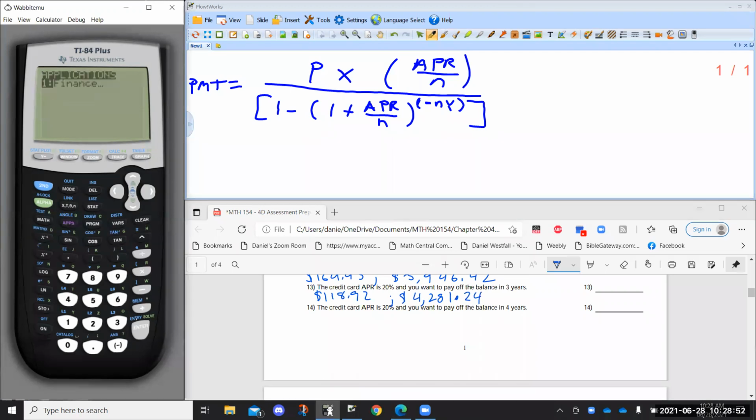Come back and do this again, and again have a 20% APR. We're going to have 4 years to pay off our debt this time. Alpha solve. So that's going to be $97.37. And when we come back, this is going to be